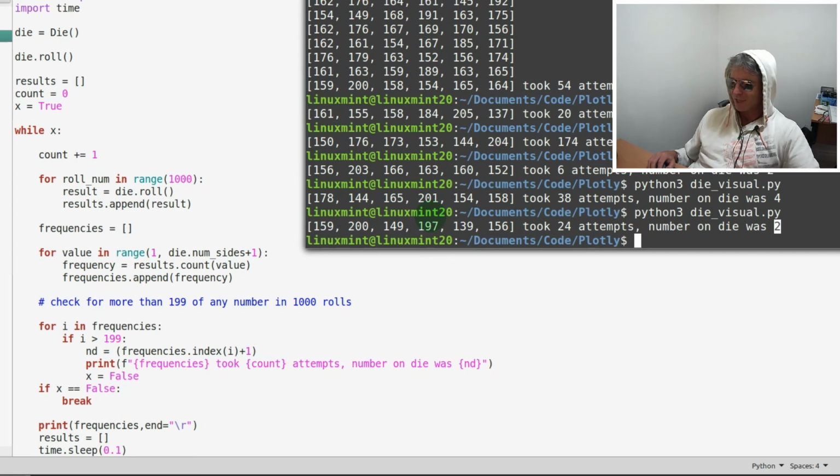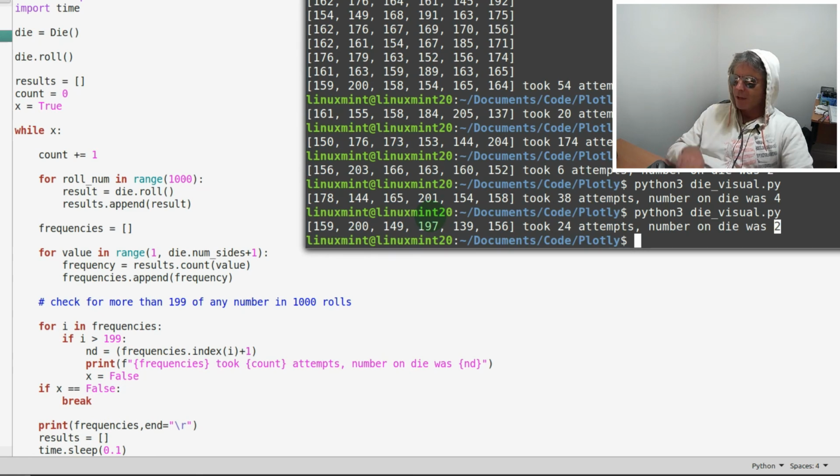tutorials or demonstrations, and really this has just been a demonstration of using a list to store output of using the random function, and then to automate the creation of random data and keep going until we get what we think is quite a rare result, which is getting the same number 200 times out of 1,000 rolls. And well, it's a bit like winning the lottery. So yeah, I hope you've liked this. It's just really a bit of